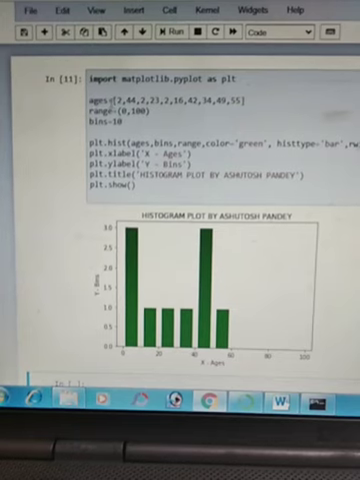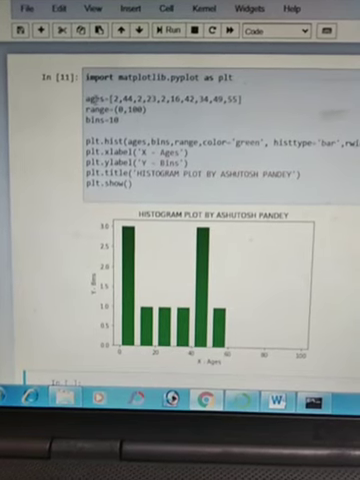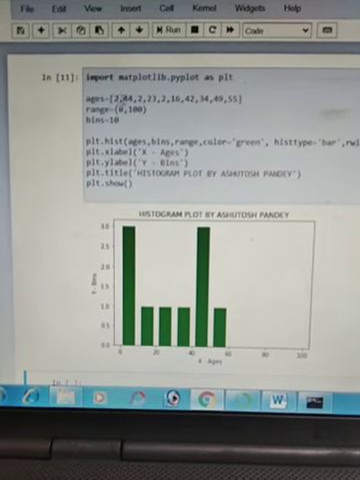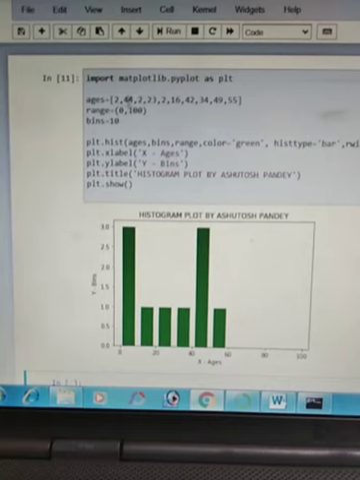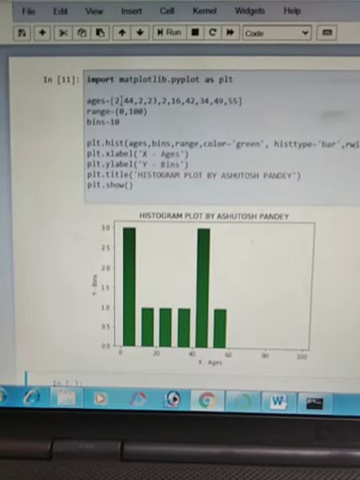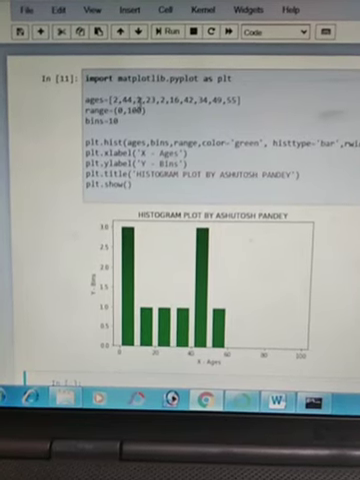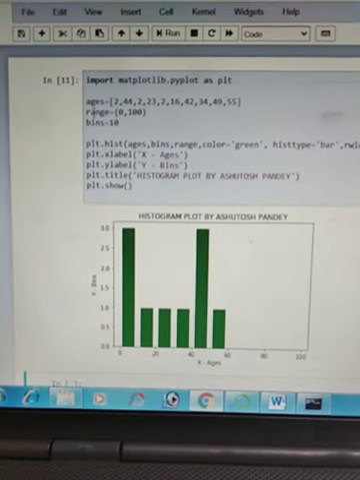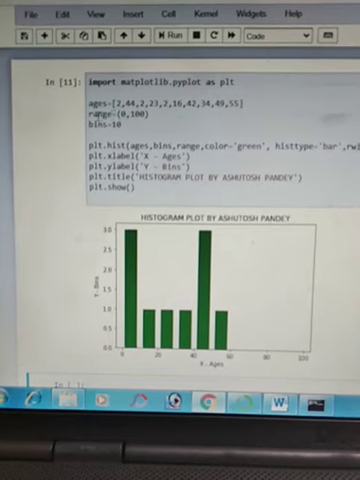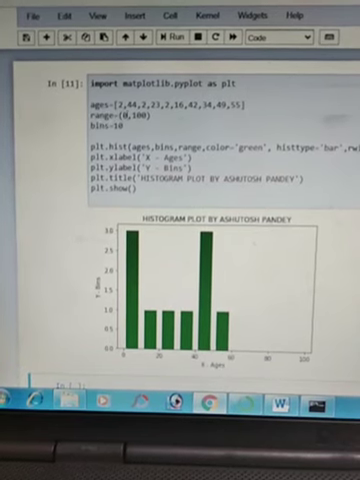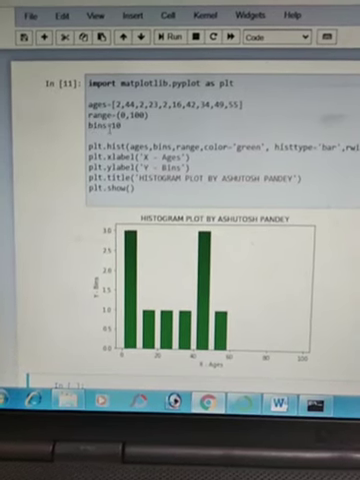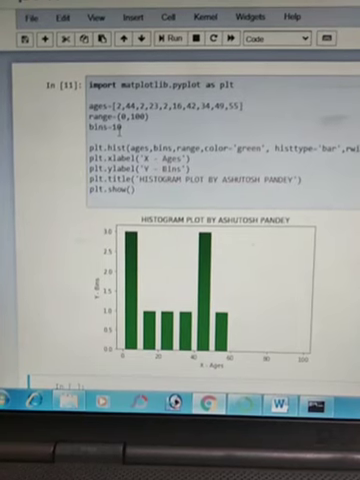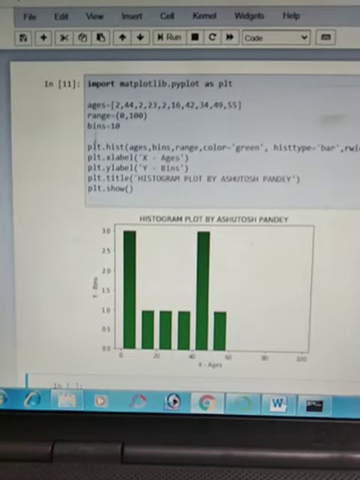Next line, edges. This is a list. We created a list edges and there are multiple parameters. You can watch here, 244 to 23 to and so on. After that there is a range variable or function. After that bins equals to 10, and this is